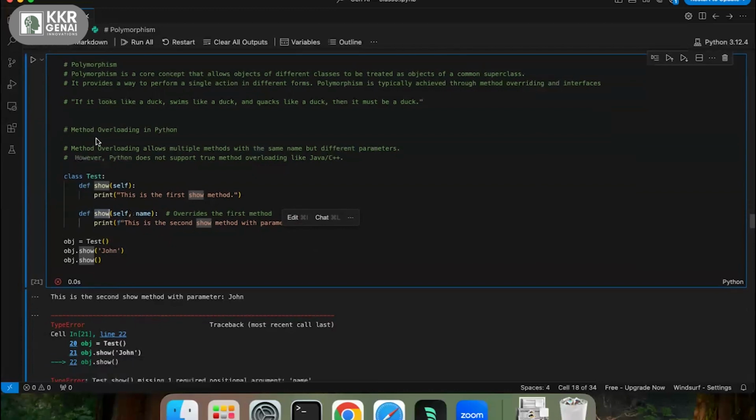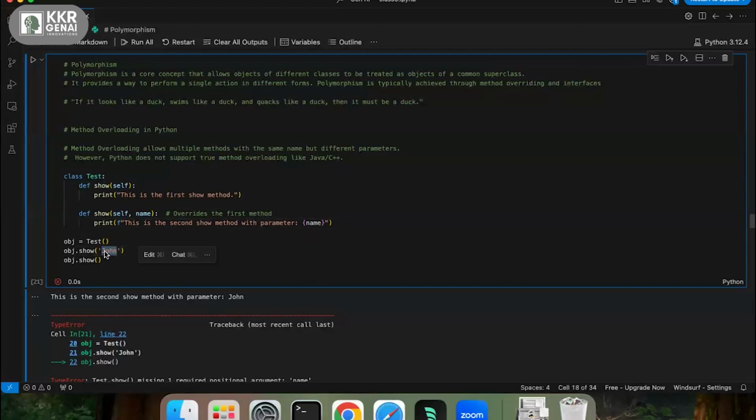But method overloading is not possible in Python. See here, let's say I have a test class and then I have a show method. For one method, I'm passing nothing. This is the no-parameter method, and here I'm passing one parameter.